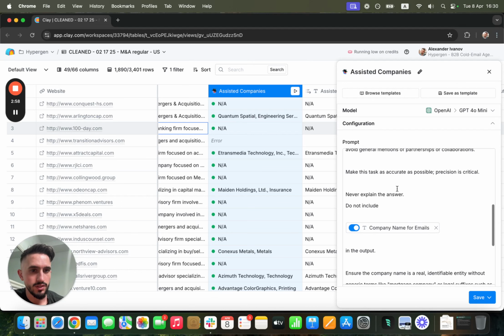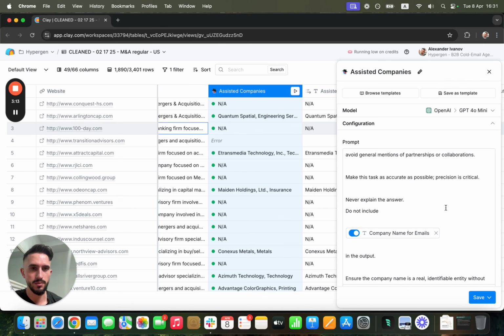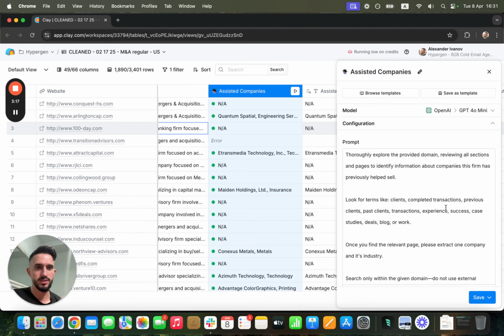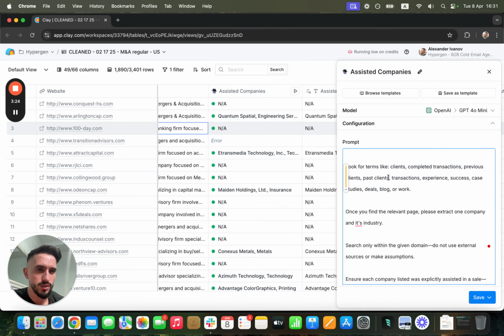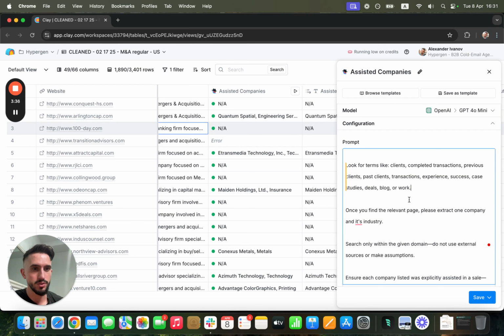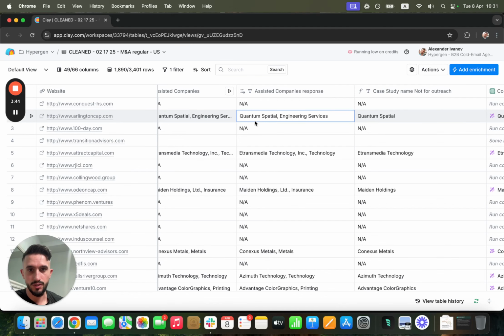The third thing is we're looking for a case study. We're looking for a company they sold and in which industry it was. At this point it's very M&A investment banker specific, but in theory you could work it to find specific case studies that the company has done. The cool thing here for M&A is that we've gone into a lot of detail, because websites are hard to navigate. You definitely need to mention where to find these case studies: is it gonna be on the case studies page, work, blog, resources, and whatnot. Then here you'll see we have the output, the company and the industry.